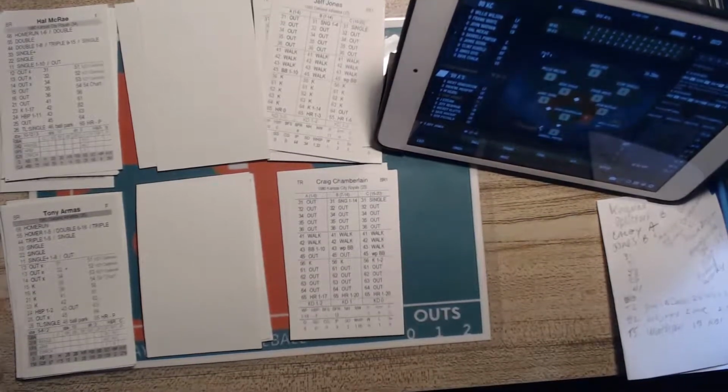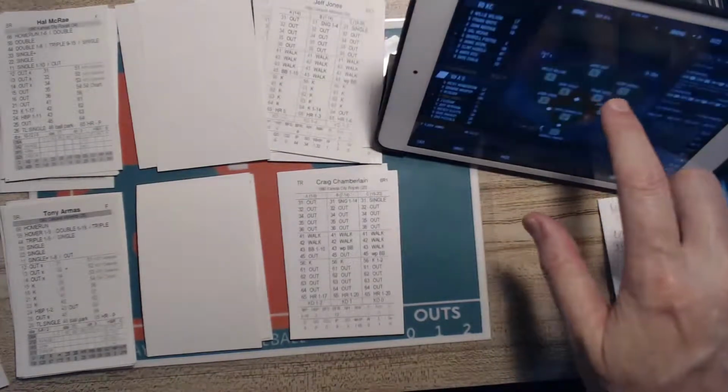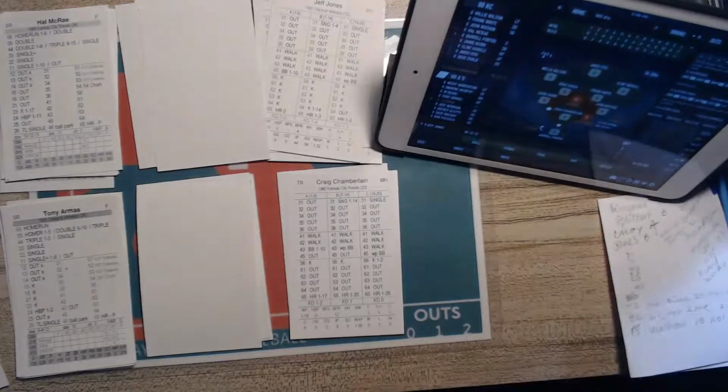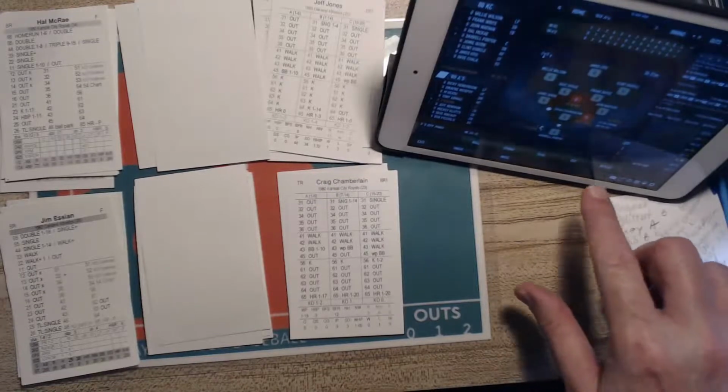Tony Armas. Here's a pitch. And that's an 11. 1-8 single. And we pull a 9, so that's a base hit. And runner on first is going to hold at second base. So first and second, and here's Essien. So the tying run is now on deck. And Jeff Newman, who's got good power. So let's see what happens. That's a 12, and that is going to be a ground ball to the third baseman who's going to step on the bag. And that's the ball game.